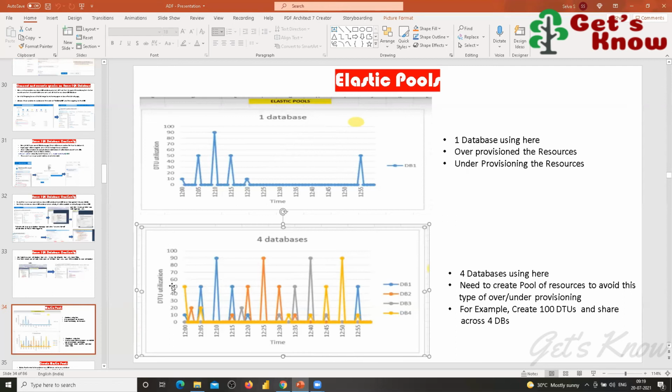But the same utilization is only available there, and it's shared by the databases, right? Yes, it is shared by the databases. So I'm sharing my DTU across the databases. So now there is no idle usage, right? The same 100 DTU is being used by different databases.